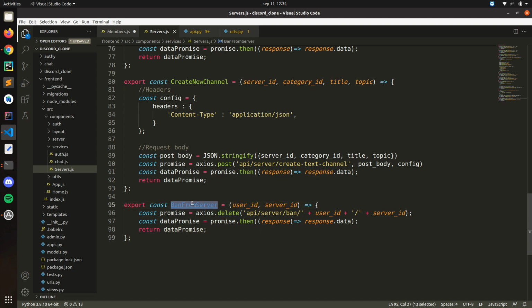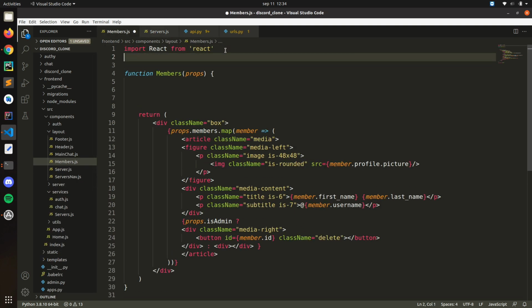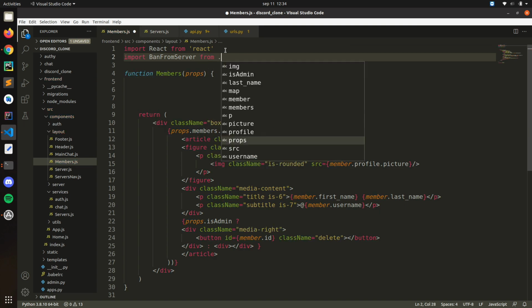Now let's copy our service and let's import banFromServer from